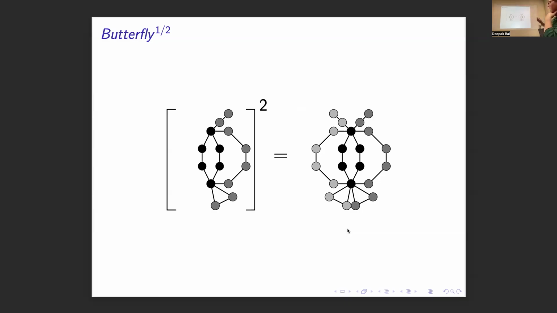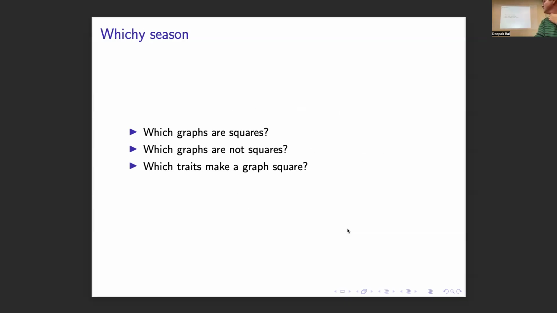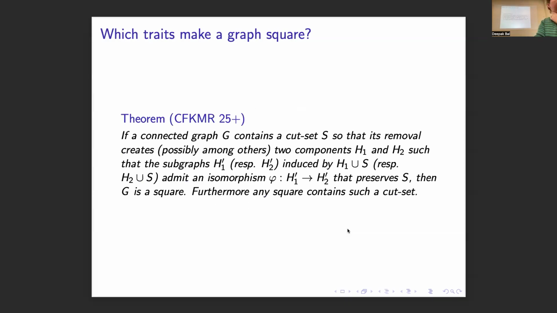The reason for that is when I want to find a square root, I can just use a big square root. So my square root is going to have both antennas, it's going to have both tails, but it's going to be missing that wing. And then it's okay. So this cut set thing is not necessarily going to describe every square root, but if a graph has a square root, one of them will be of this form at least. So it is an if and only if, but it does not describe every